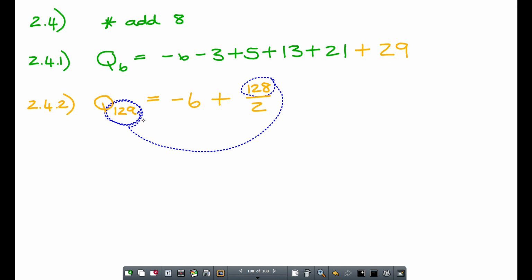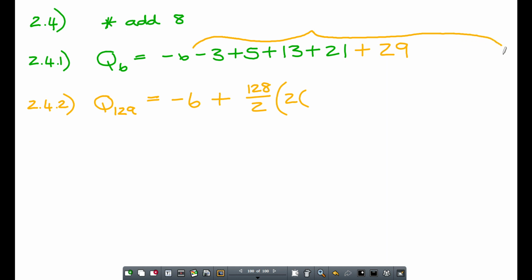Is julle by? Okay. 128 op 2 en dan 2 times A. Maar nou kyk gou-gou. What's my A value? Not the minus 6. Want hom het ek mos nou een kant gebere. So the minus 3 is actually the first term. So ek vat hom, ek wil nou nie hier krap, ek gaan dit nou uitvee. So I'm taking it from there on. Nee, is julle by? Right, so minus 3